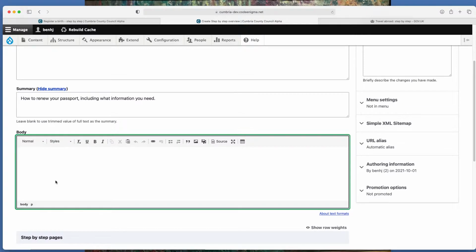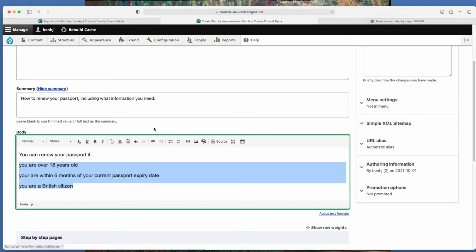So here we could say something like you can renew your passport if you are over 18 years old, you are within 6 months of your current passport expiry date, you are a British citizen. I don't actually know if any of that's technically correct, but that's the kind of information that you would be